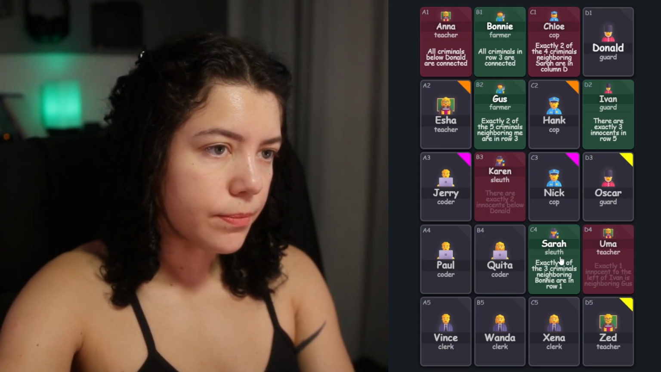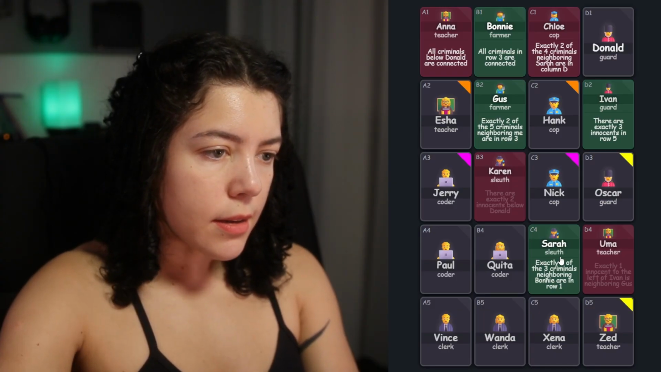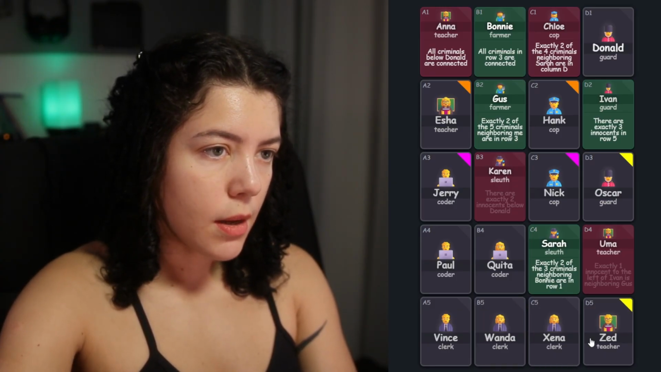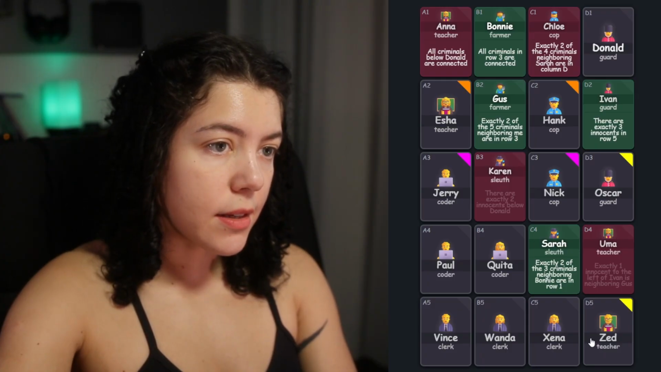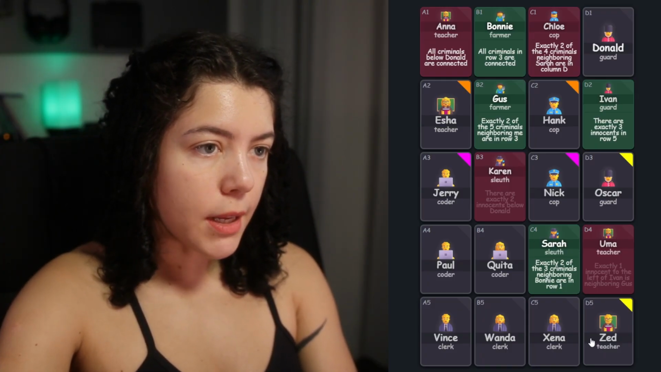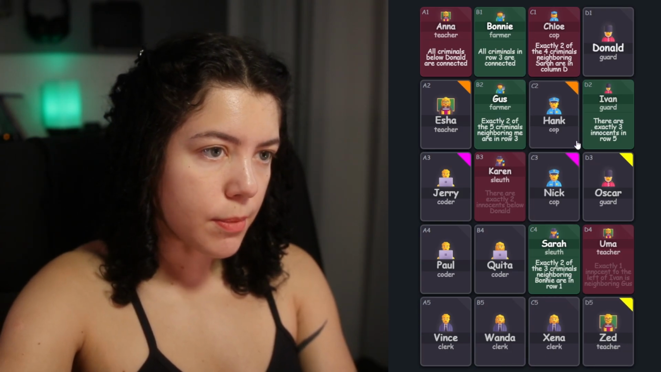Sarah has 3 people in row 5 neighboring her, which means that at least 2 of those are gonna be criminals. It couldn't be that 3 of them are criminals, but there are 3. Oh,